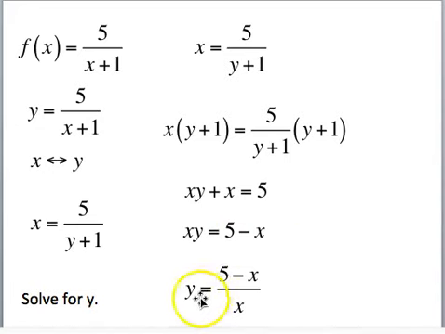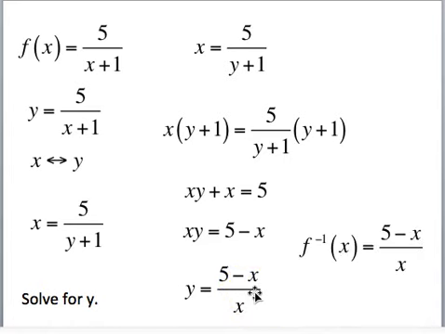Dividing both sides by x, we get y equals (5 minus x) over x. So that is our inverse function. F inverse of x will be (5 minus x) over x. Okay, our next example